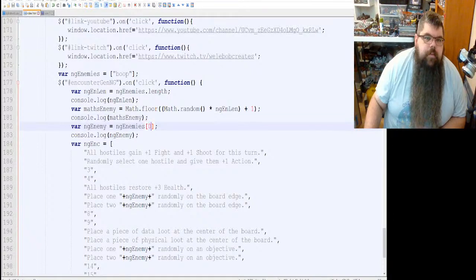Okay, there's some fault, because this is returning a 1, but this is the 0 position in the array.